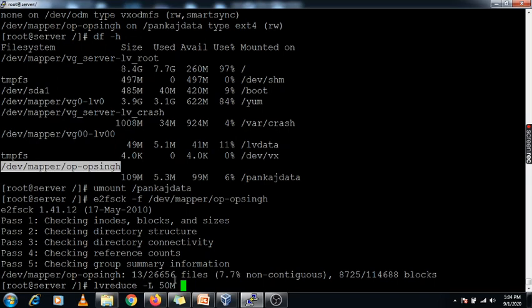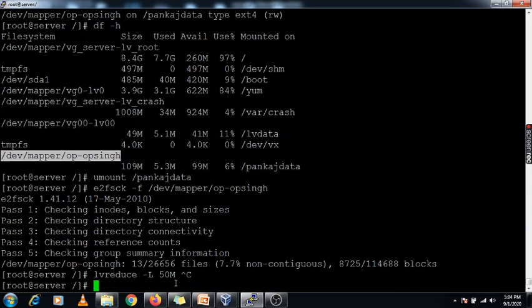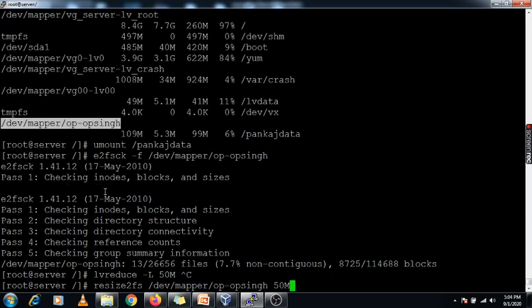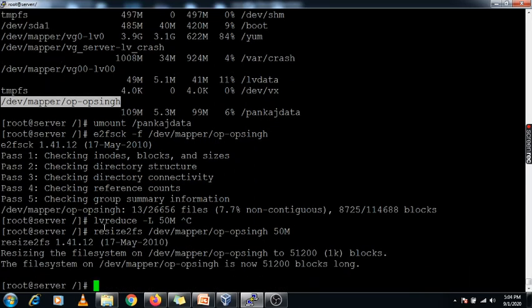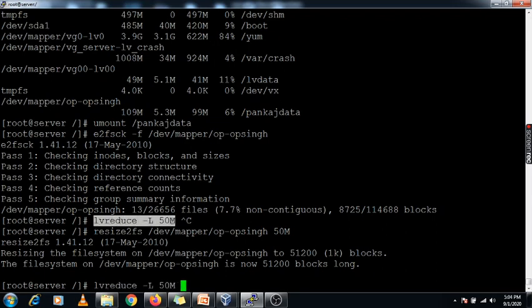Okay, before this command you need to use resize2fs, specify the file system name and mention the size, 50 MB. Then I am going to use another command, lvreduce, now with the size 50M and giving the name of my LV.